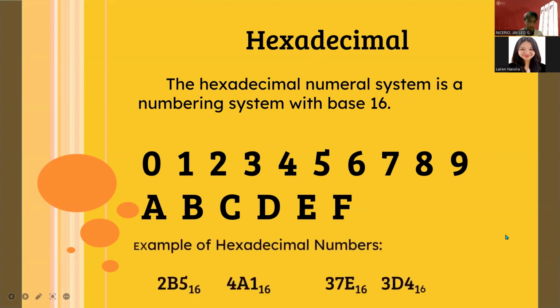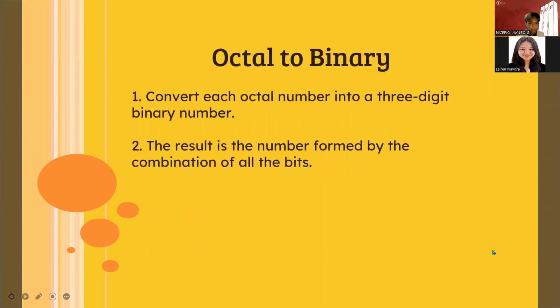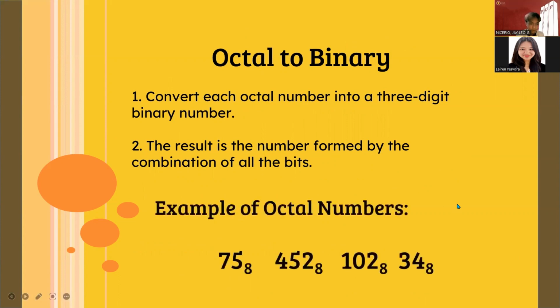The example of hexadecimal numbers are 2B5 subscript 16, 4A1 subscript 16, 37E subscript 16, and 3D4 subscript 16. So to convert octal to binary, first we need to convert each octal number into a 3-digit binary number. And the result is the number formed by the combination of all the bits. So for example,